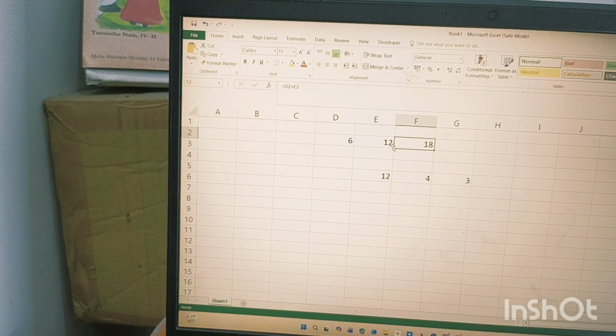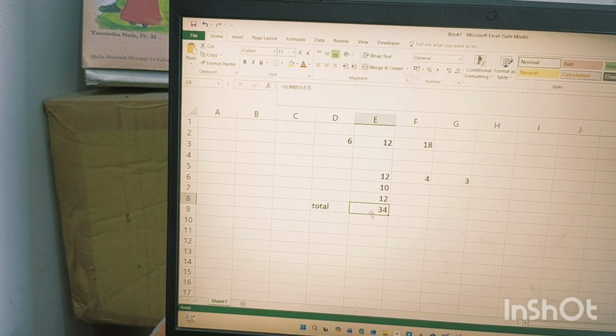So these are the things, and now I am going to tell you the other things. You got the answer after adding, after sum. This is the total. And what is called a reference?